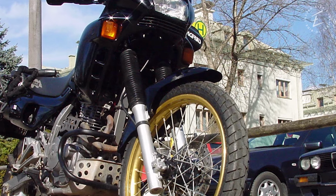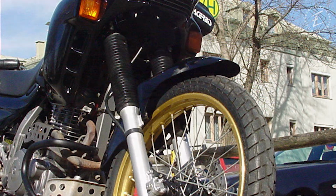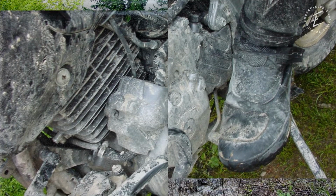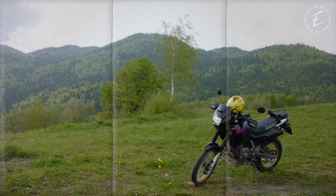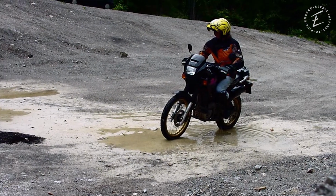What I liked about it was the Rallye style look, and that it had regular forks which came with gaiters to protect the fork seals from leaking. It was a 5-speed motorcycle, and it had 46 brake horsepower, which were enough for me at the time. The ground clearance was also more than enough for the initial trial and off-road riding that I conducted in Austria and Croatia. It was a single cylinder with a carburetor, and the range was, as I can remember now, more